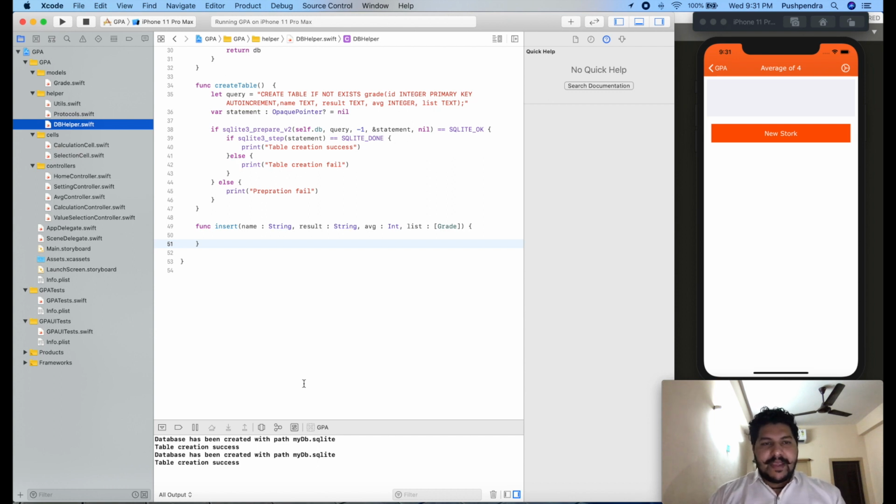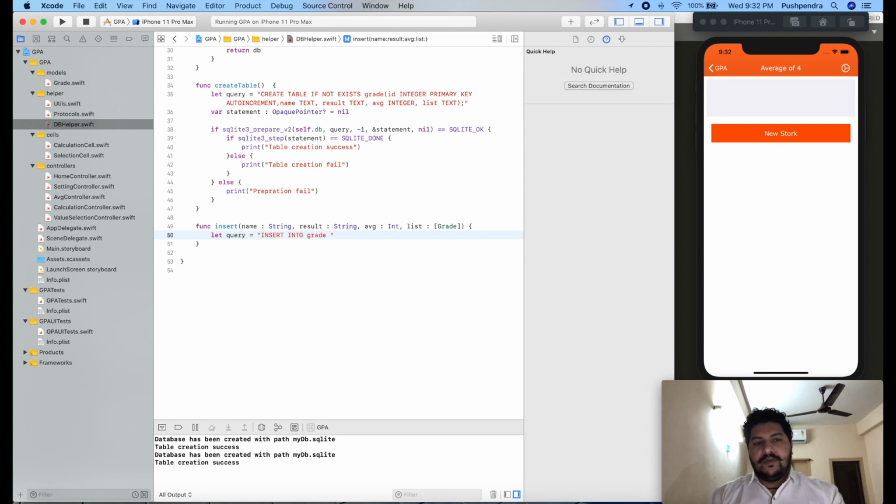So how can we do that, and what is the basic, very simple syntax to insert data into the SQLite database? First of all, you require a query so that you can insert data into the database. Like I created a query for creating a table, in the same way we need to create a query for inserting data. So let query.